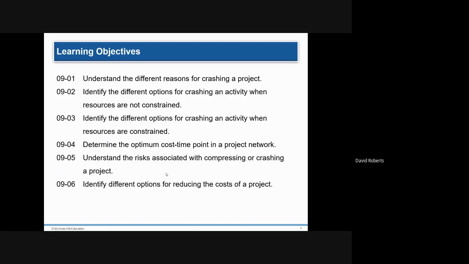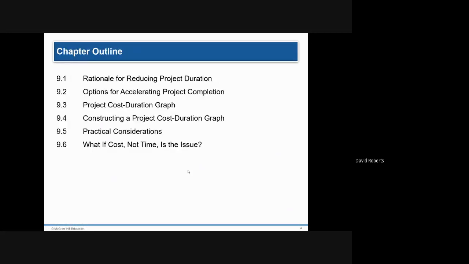To relate this to something you took in economics, you may remember diminishing marginal returns. Well, in this particular case, that's exactly what happens in project management. The costs of the first unit of crashing are the cheapest, and as you keep crashing the project more and more, or shortening the project more and more, the costs increase. So the slope is not linear, it curves upwards. So here are the 6 topics.